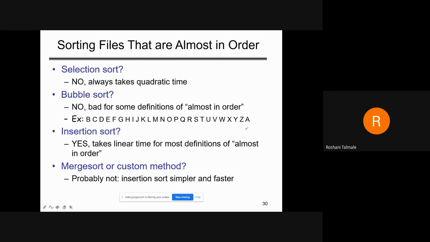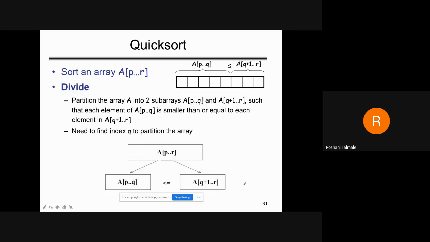Because what is the concept of merge sort? A huge amount of data is divided into two parts, and again it is divided into two parts. But the thing is, it is already in sorted order. So here insertion sort is the best one. I'm not saying we cannot use merge sort; in the first iteration or in two iterations we will get the answer in merge sort. But they said insertion sort is simpler and faster than merge sort. Fine. So this is related to merge sort.